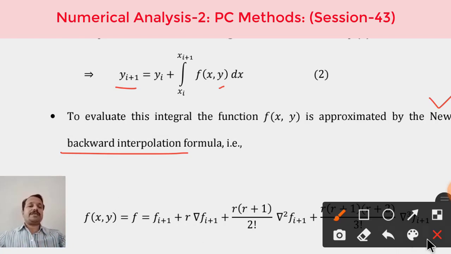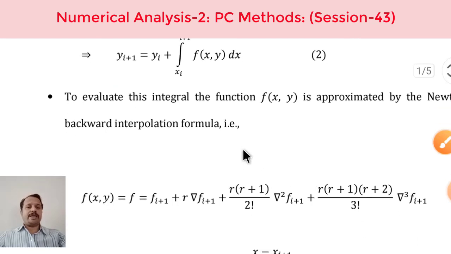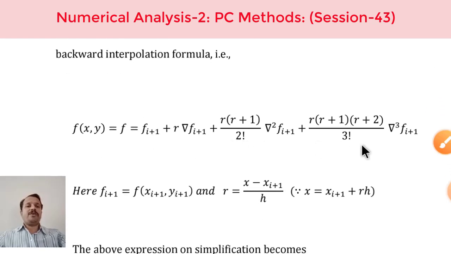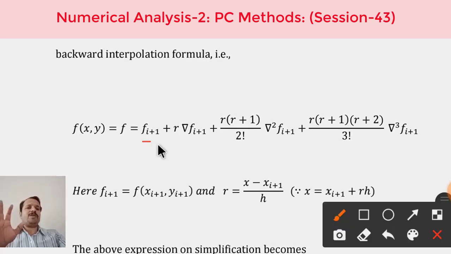So what does the interpolation formula for the point xi plus 1 look like? Please observe, this is the thing we are having over here, exactly the same thing we have seen in the previous session. You can have a look at that video where we discussed the predictor formula. We had exactly the similar thing, only the difference was that here there was fi, here there was fi, here there was fi, here there was fi. And now we are having fi plus 1 everywhere.